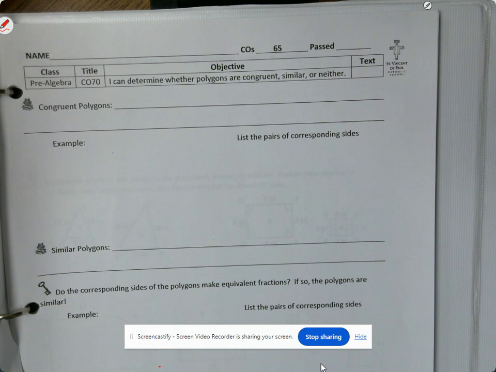What does it mean if they are congruent? Okay, the same. We know angles that are congruent are the same, sides that are congruent are the same. So congruent polygons are the same measurements. I have to flip to my right page. So polygons,